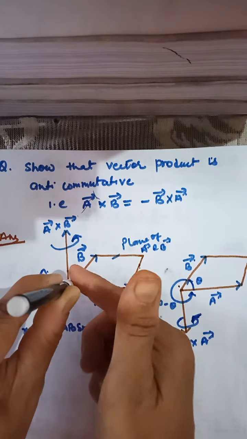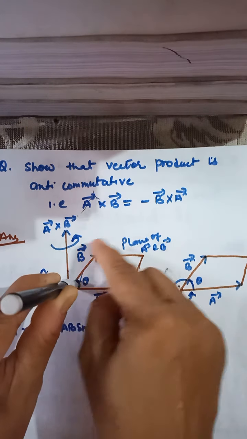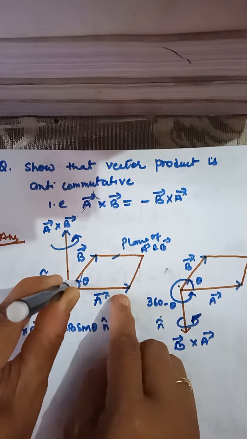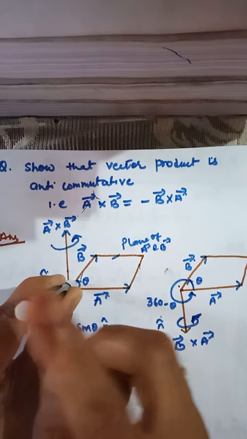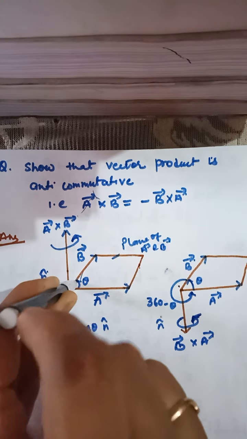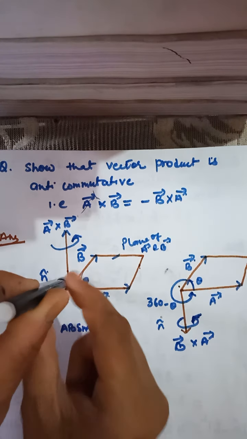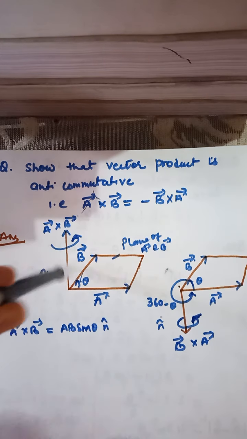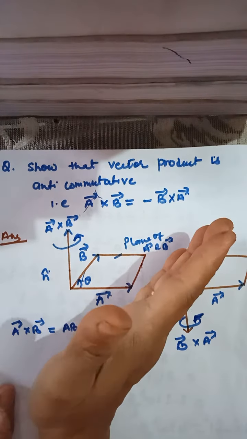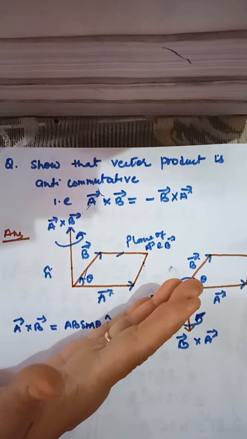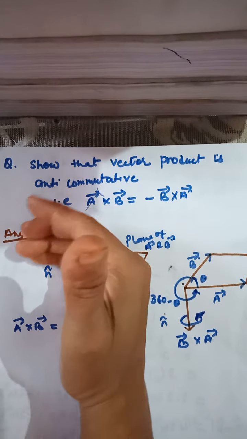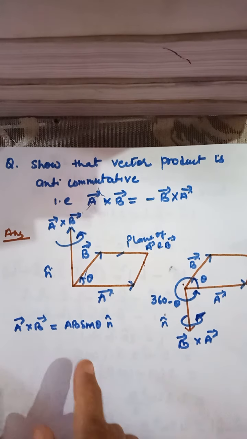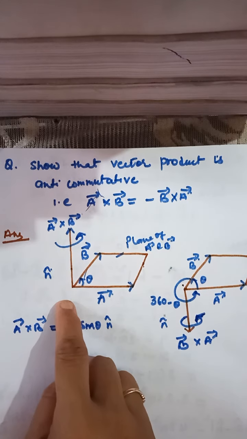So where is the z-axis? The z-axis will be perpendicular to this, because all three axes are perpendicular to each other. So if this is lying along the x-axis and this along the y-axis, this lies along the z-axis. The direction of advance of the screw rotated in the anti-clockwise direction will be upward. Or if you apply the right hand thumb rule, the curl of the fingers goes from A to B. Where is the direction of the thumb? It points upward. So A cross B is in the upward direction.